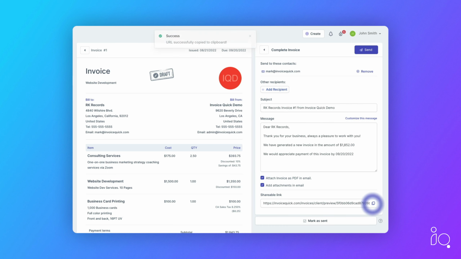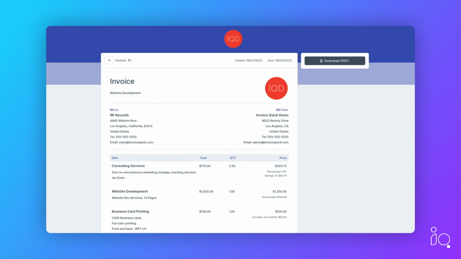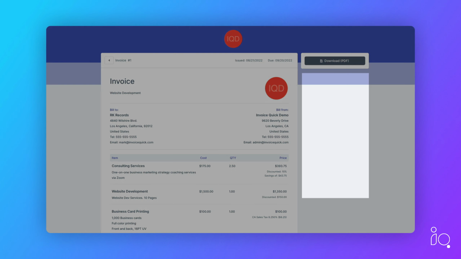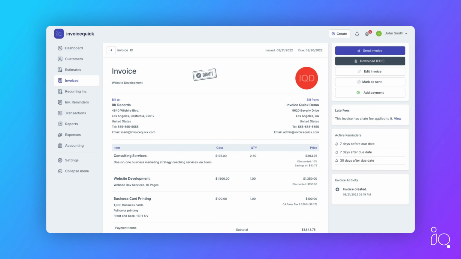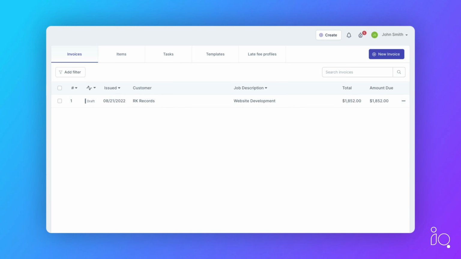So if I click on this, and if I drop this in a different page, this customer is going to see this invoice just like this. They can download it, or if you've set up some payment options, they'll be able to pay it right here. Let's click on invoices. I can see that this is a draft. Now, as soon as I send it, that's when it's going to be marked as sent. And then every time the customer views the invoice or downloads the invoice, you're going to get that notification right